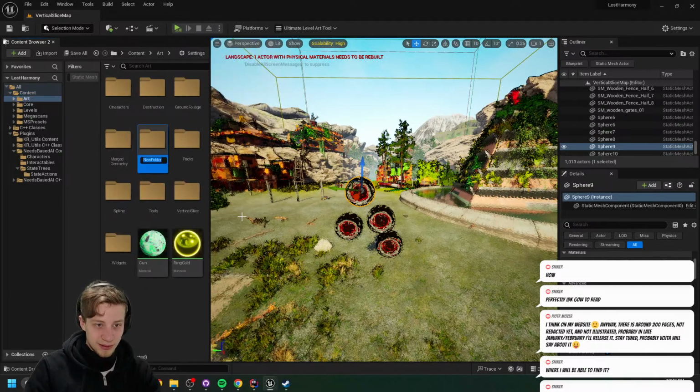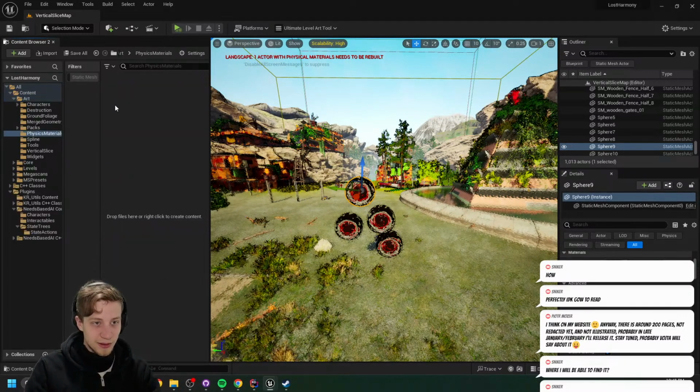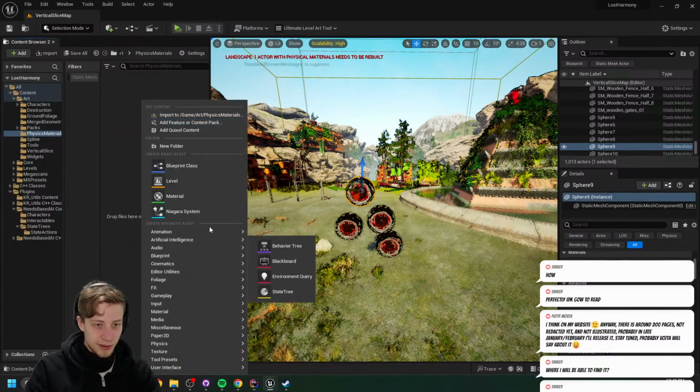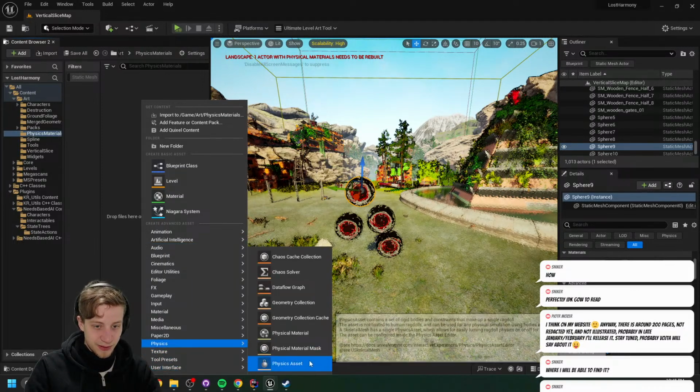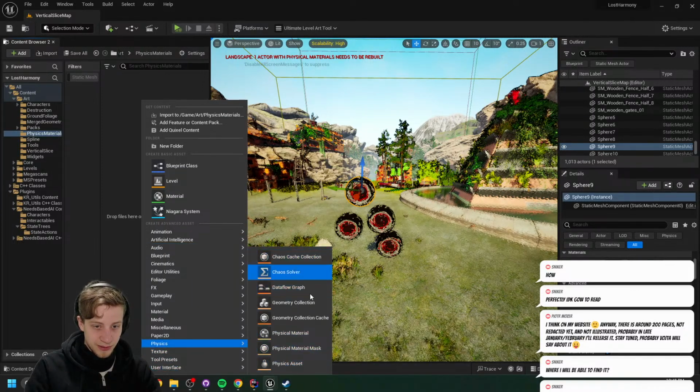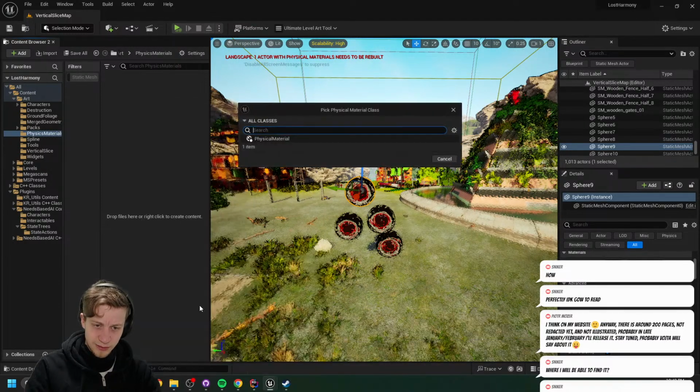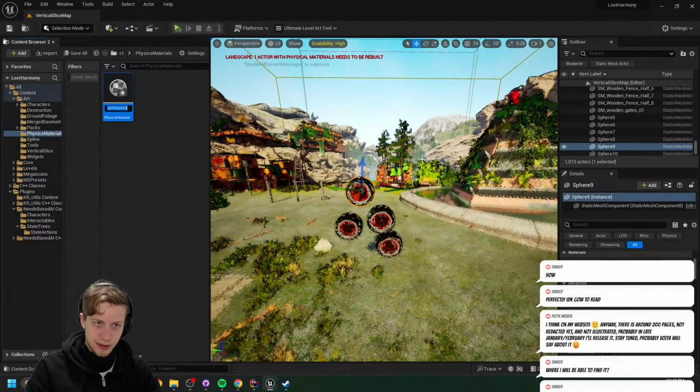So let's get a new folder here, and this is gonna be for our physics materials. There we go. And we get ourselves a physics. Wait, physics asset? No, there we go, physics material. But what is a physics asset? And let's call this pneu.